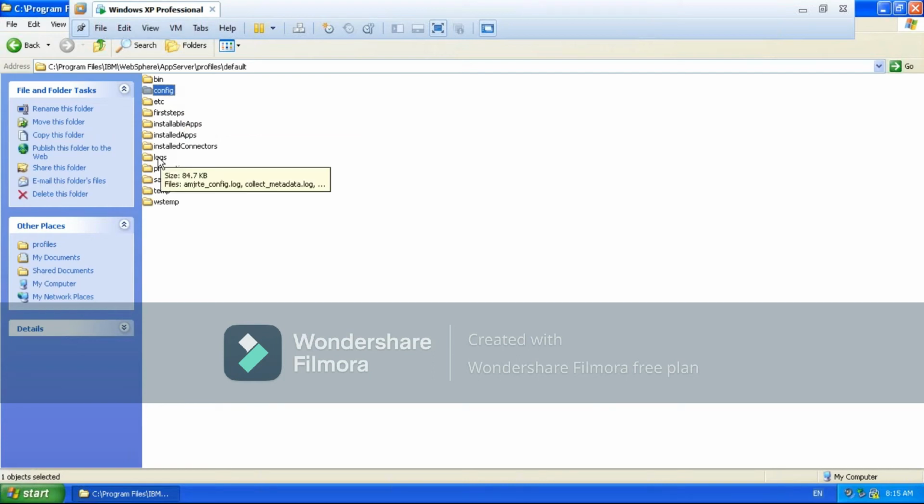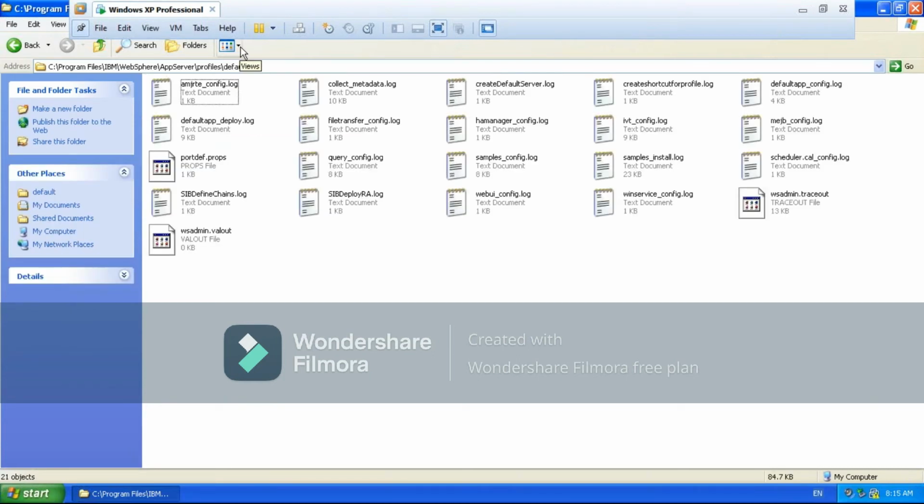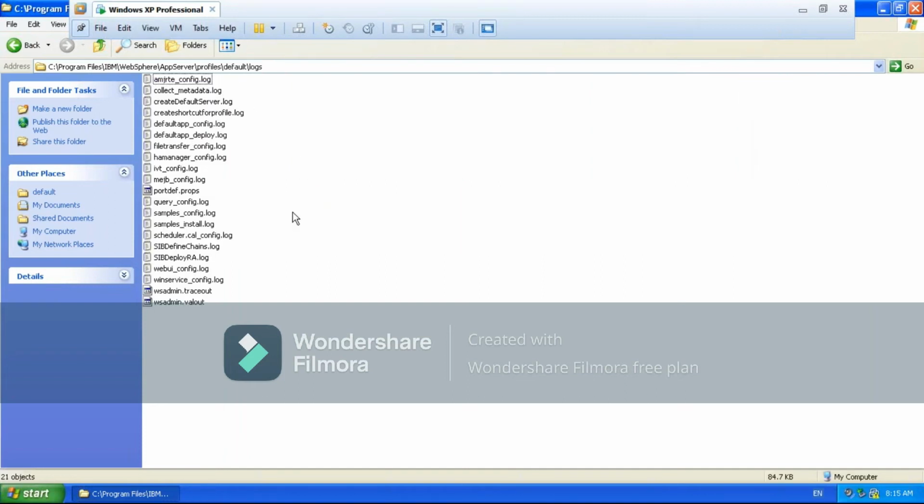In that, you will see the logs. In this logs folder, you will see all JVM related logs, what those logs are and what their purpose is, and we'll see everything. Now, I want to ask you one question. In this logs, this is the default profile home, and we are in the folder logs, right? There should be a folder called the application server name. What is the application server name of this default profile? Server 1, right?